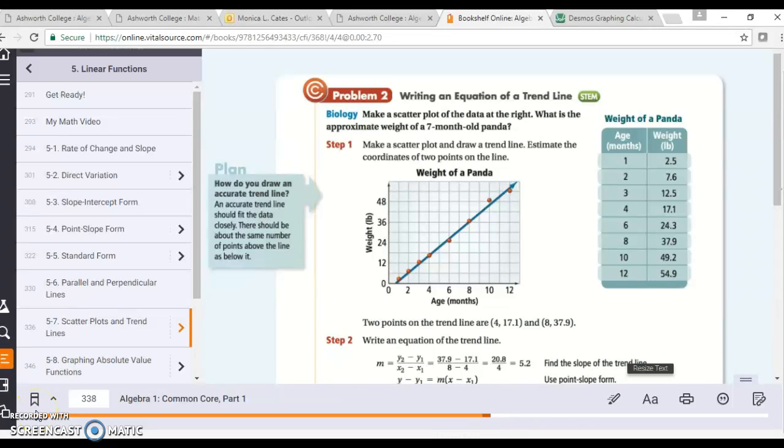All right, let's take a look at problem 2 from lesson 5-7. It says writing an equation of a trend line. Biology, make a scatter plot of the data at the right. What is the approximate weight of a 7-month-old panda? So here we have,